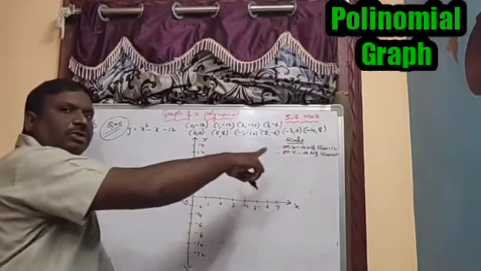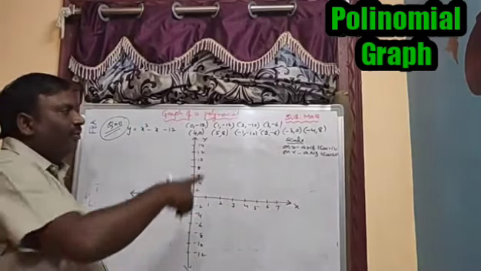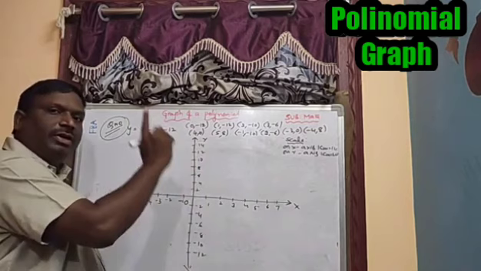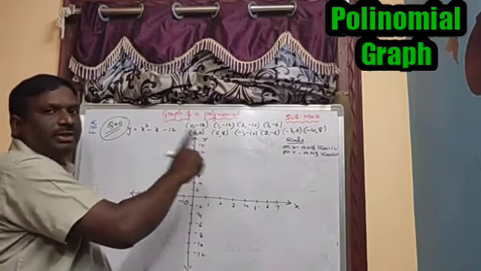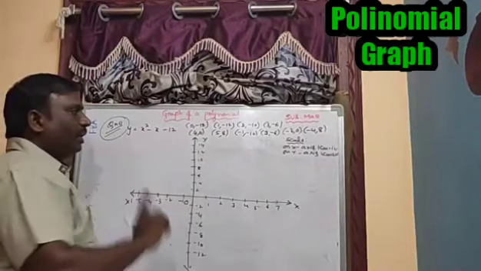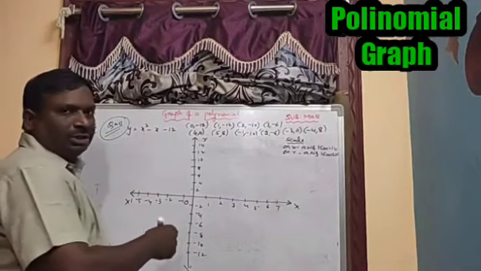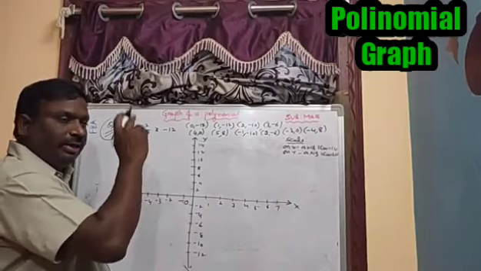For this scale also they are giving half a mark to you. If you forget writing the scale, definitely they will reduce half a mark. There is a rule for reducing the marks for the scale. So don't forget to write the scale. Now plotting the points. You know how to plot the points. Already we have learned in 9th class.